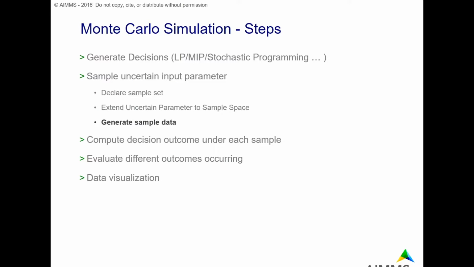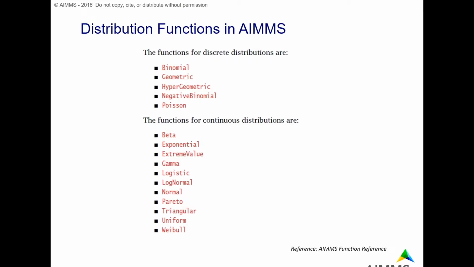And then after this, we're going to actually generate the sample data. So how do we do that? AIMMS provides distribution functions, including both discrete distributions and continuous distributions. You can find more in the AIMMS function reference. We have binomial, geometric, hypergeometric, etc. Those are related to the binomial distribution, just based on different types of